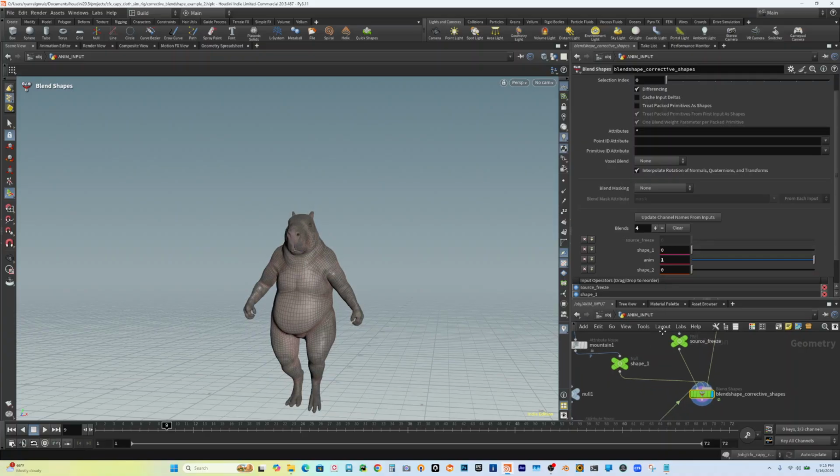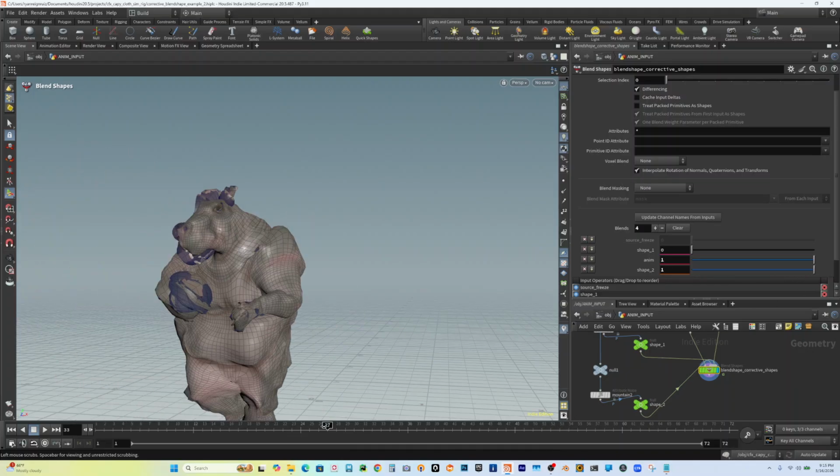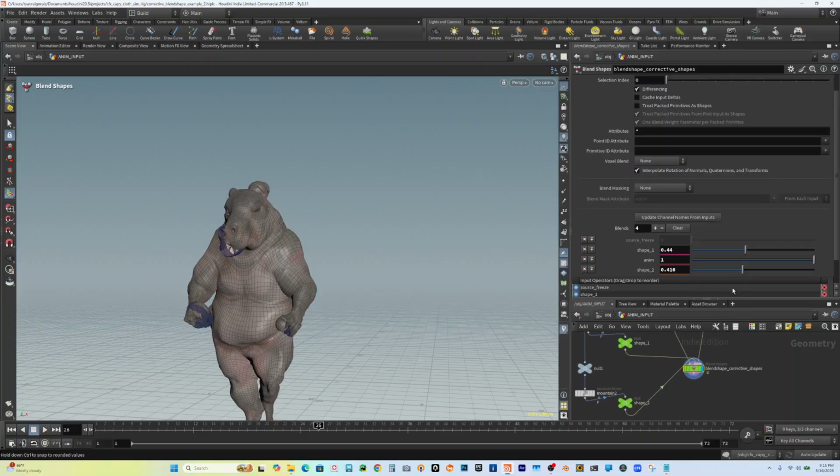Or maybe I have a different shape. I have this shape number 2. I could turn that on instead and still keep the animation. Or maybe both. So how do we build this? So if I make a blend shape,